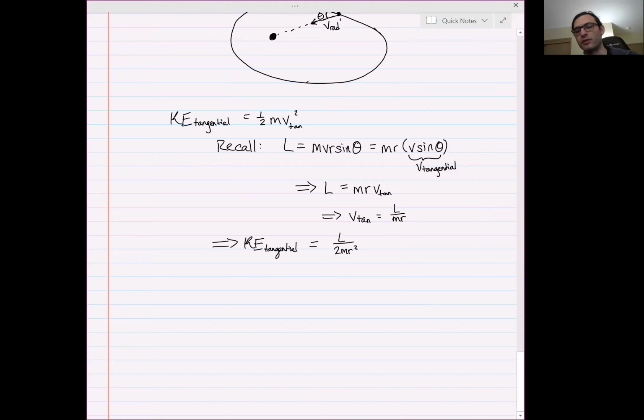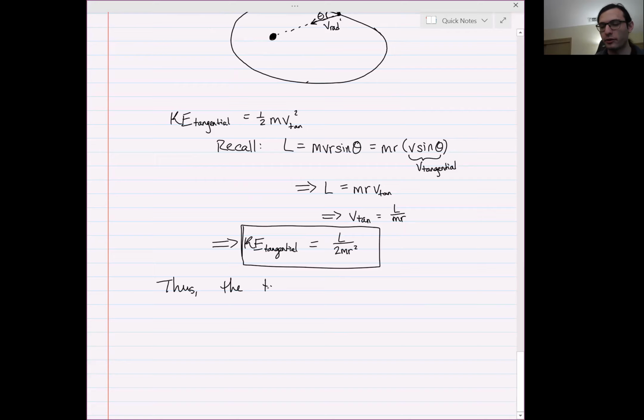Substitute in v tangential is L over m r, do some simplification, and this is what you're left with. And that's really super useful, because then the total energy of the orbiting system